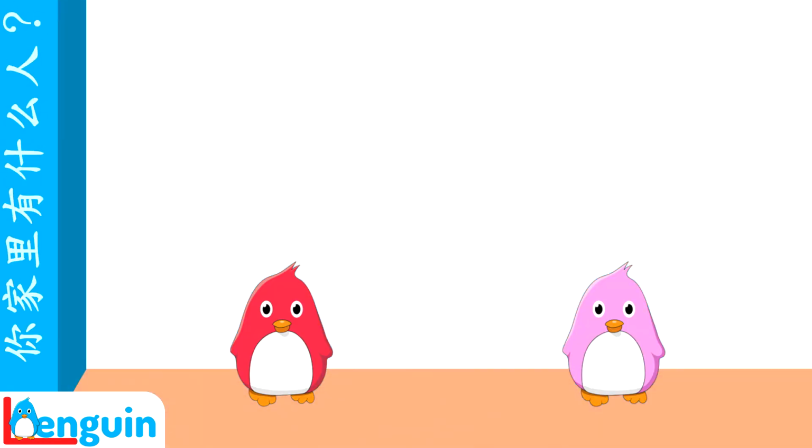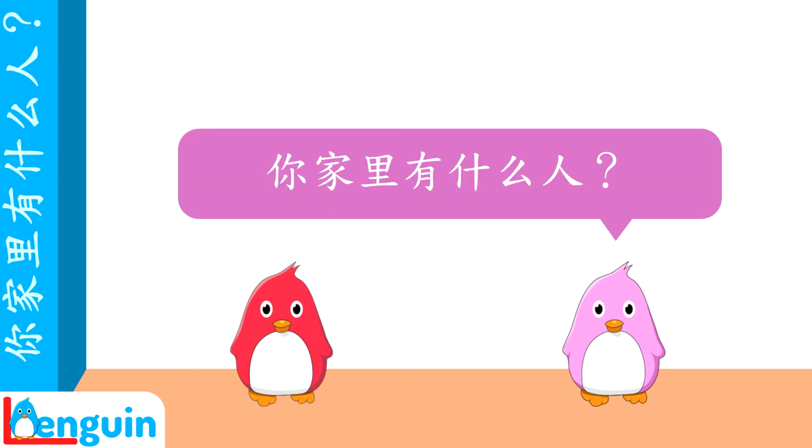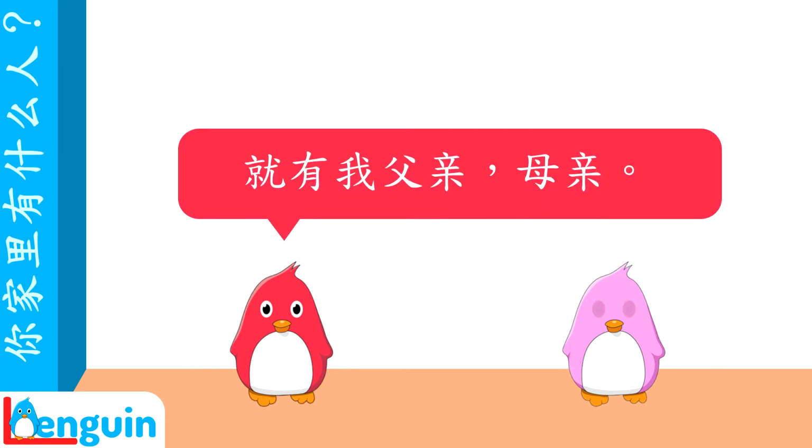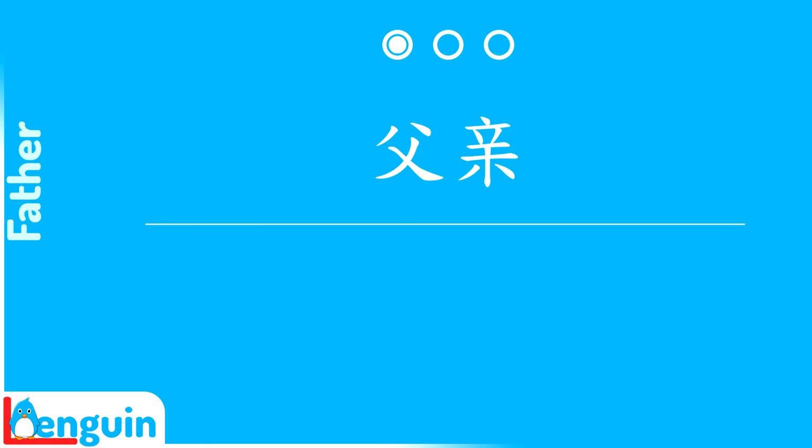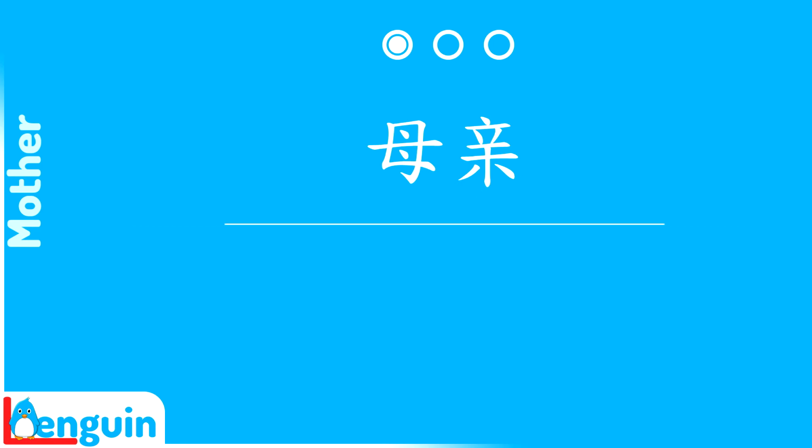Let's suppose that you aren't married. The exchange might go like this. 你家里有什么人？ 就有我父亲、母亲。 Repeat the word for father. 父亲。 Repeat the word for mother. 母亲。